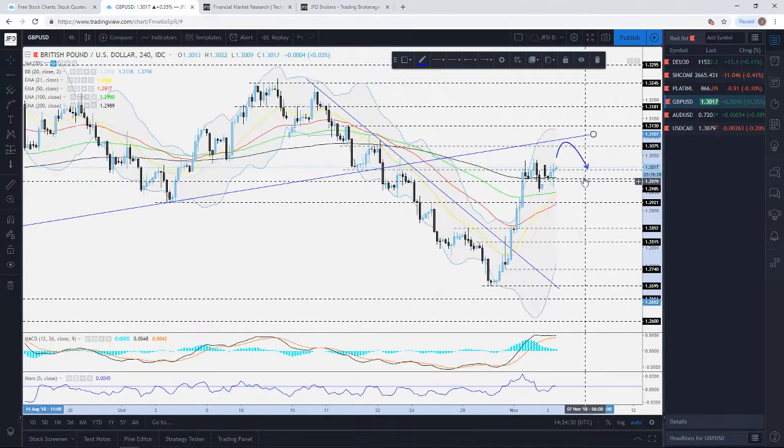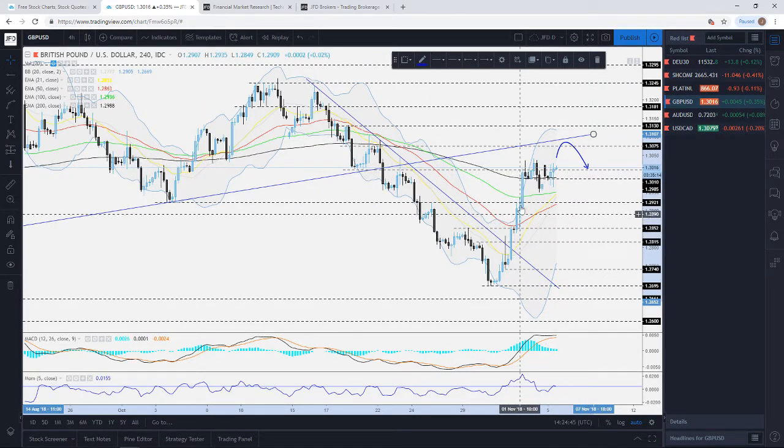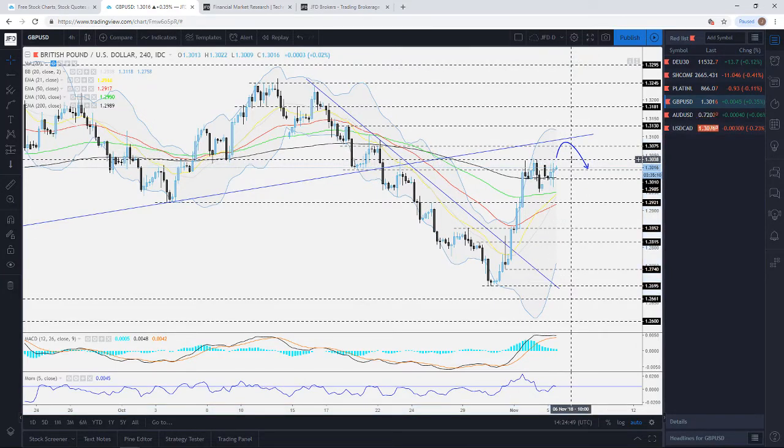Now what we're seeing right now is, in a way, somebody could say that this is either a flag or a pennant formation here. But nevertheless, it's still looking more bullish than bearish. As you can see, we had this nice rally last week and at the end of last week, of course, so in a way this could have a little bit more steam here in order to push a little bit